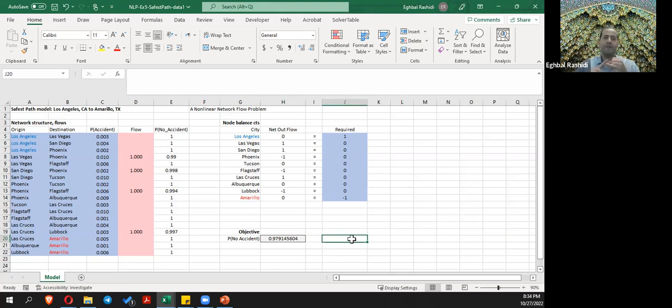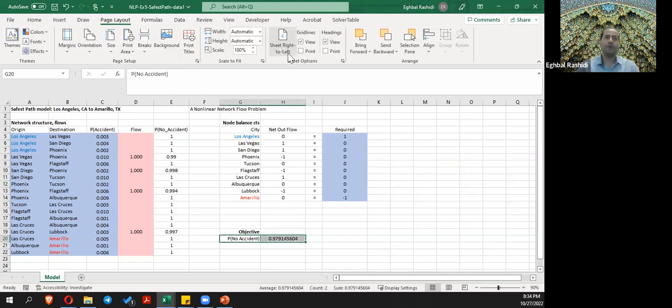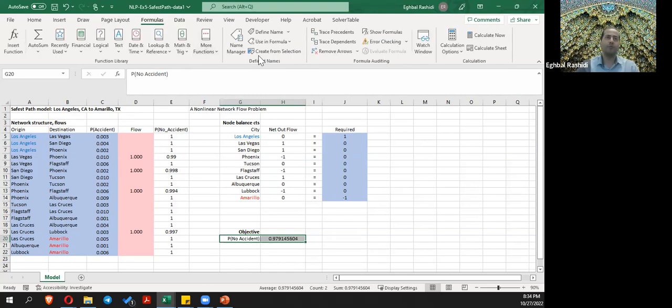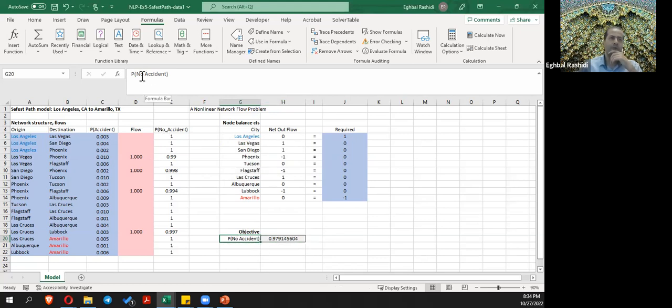We have the net flow constraints, and we have the decision variables, and everything looks fine. So it looks like we are almost done. We can go to the solver. Let me actually, while I'm here, name these. Oh yeah, this is this one. Probability of